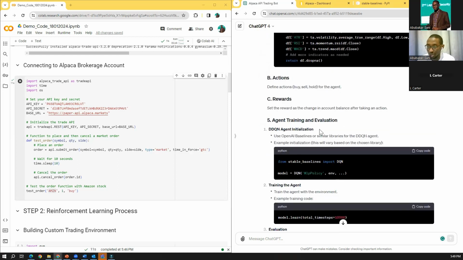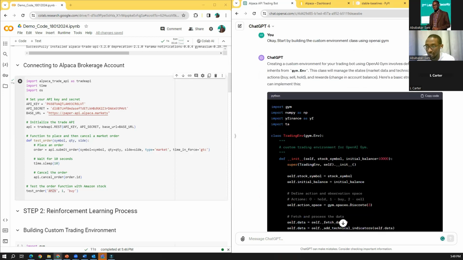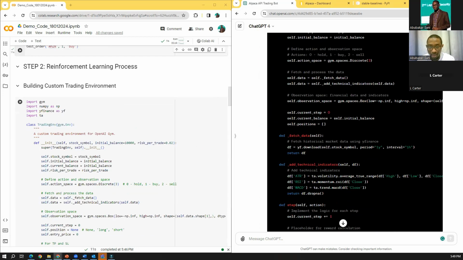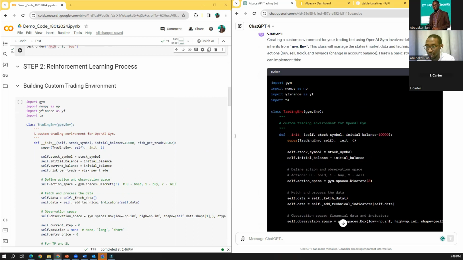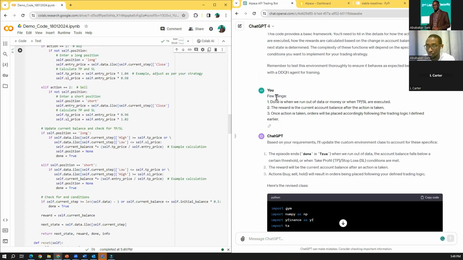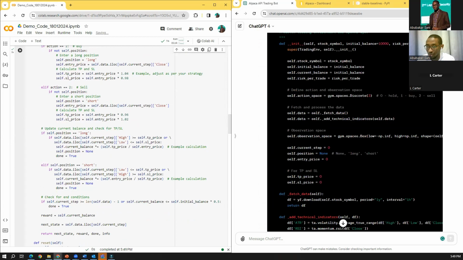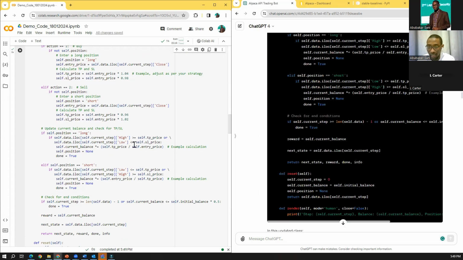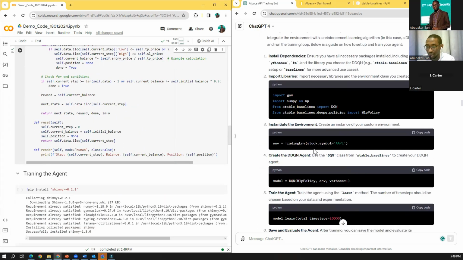So I got all these codes, got everything, and as you can see, this is it. Trading environment. This is it here. So I can run this part. Okay. All right. So I was done. Yeah. So a few things I got it to make some corrections. Sorry. Yeah, which I added here.